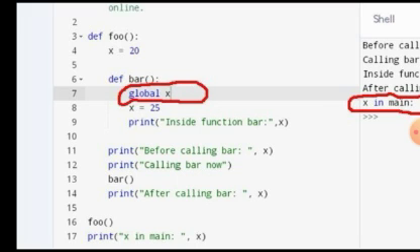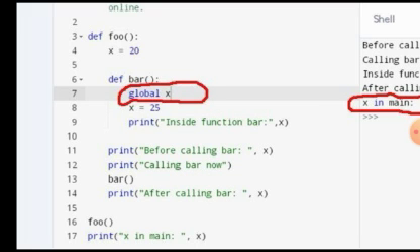In the bar function, we are declaring the x variable as global, but the bar function is nested inside the foo function. So we are trying to understand the property of a global variable: whenever we use a global variable inside a nested function, it will not show its scope in the outer function, the function which is enclosing the nested function. Here the foo function is enclosing this bar function. So the global variable will not have its scope in the outer function. As soon as you come to the outer function, this x variable will lose its scope.